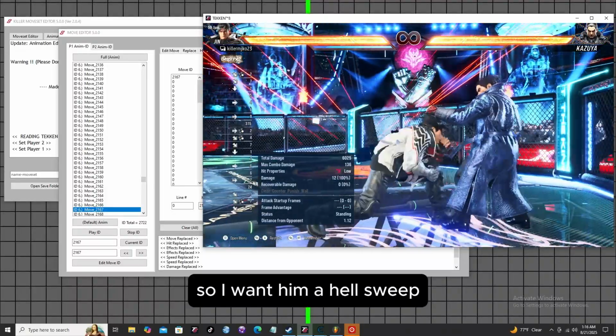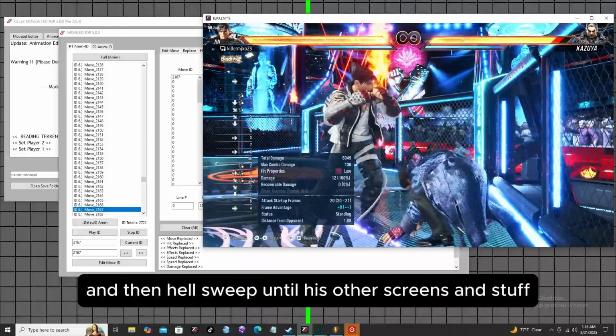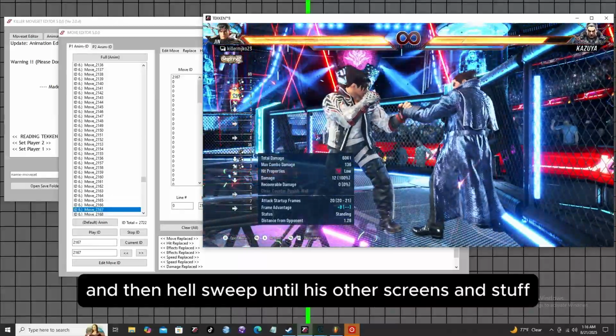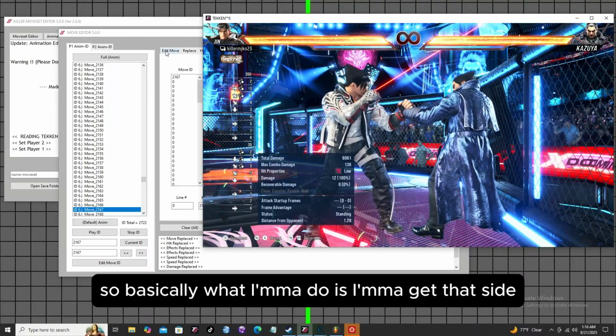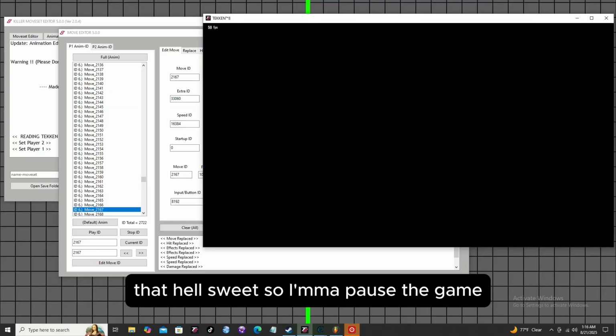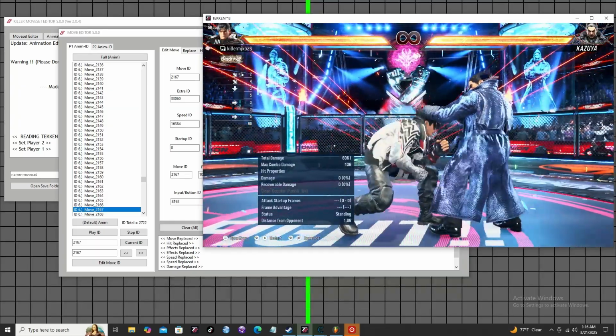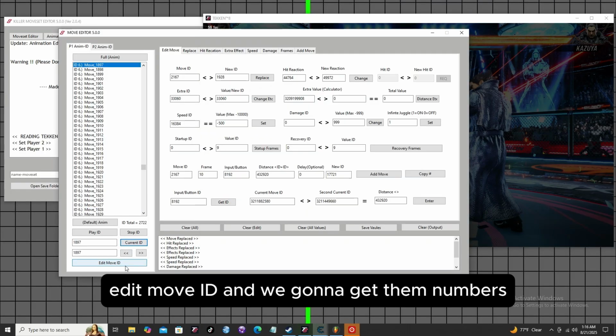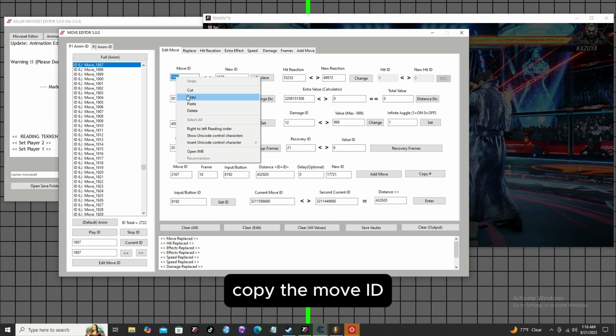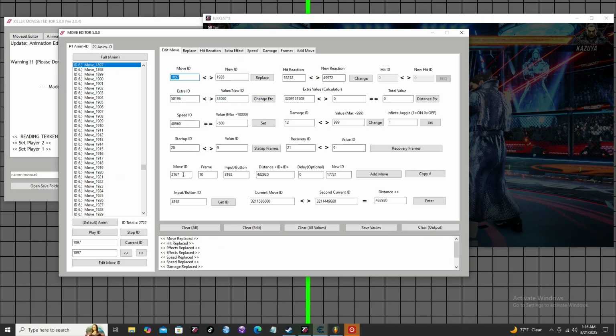So I want him to heel sweep, and then heel sweep until his other screens and stuff. So basically what I'm gonna do is get that heel sweep. So I'm gonna pause the game. And current ID, edit move ID, and we're gonna get them numbers, copy the move ID, paste it in the